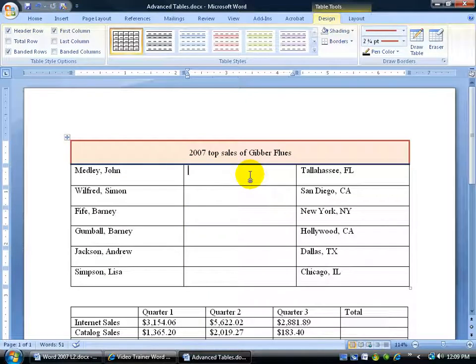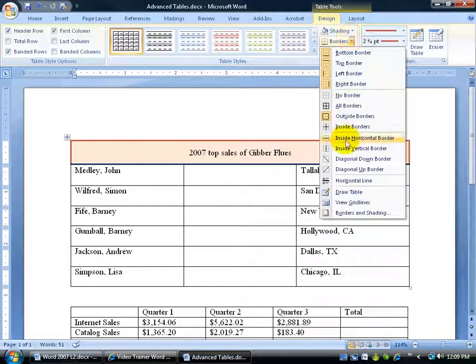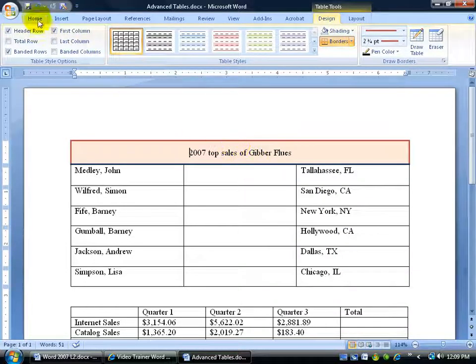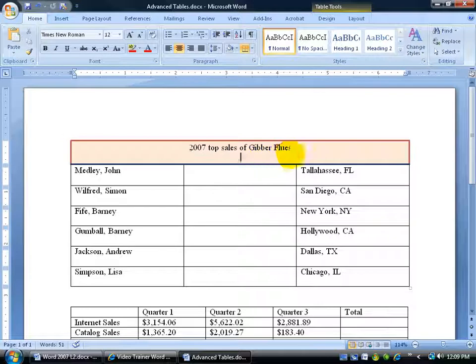And by the same token, if you want to remove that, again, when in doubt, right click or click in the cell and come up to your contextual Design tab and click on the drop down arrow and click on Borders and Shading. Don't forget that you want to go back to your Home tab if you're trying to center,